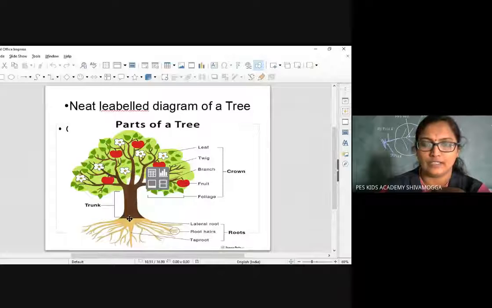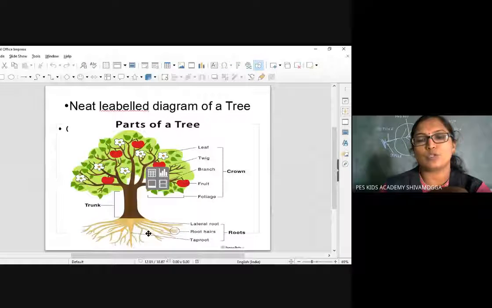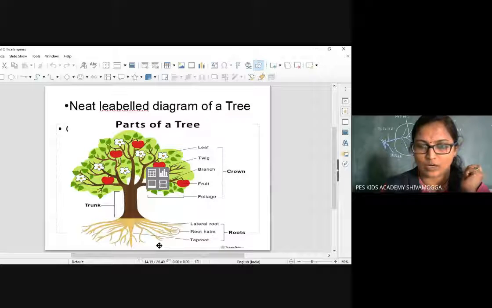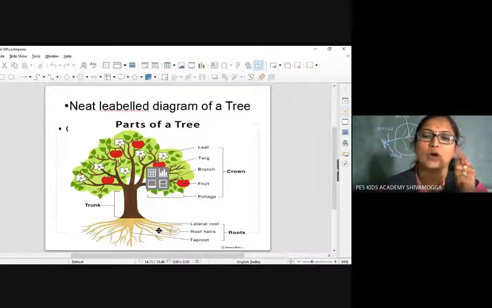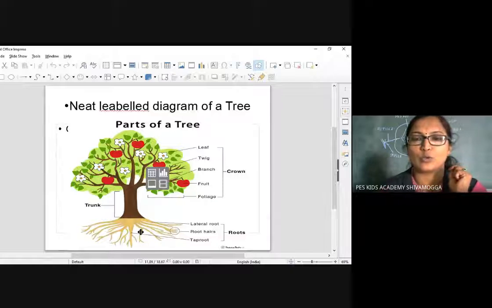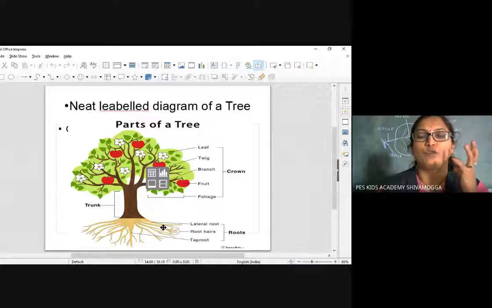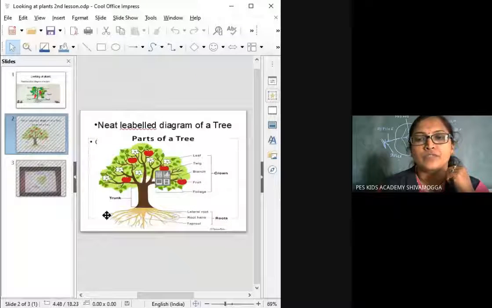Root: you can see in the middle, the first emerged root is called the primary root. The roots which grow above the primary root are called secondary roots. Above that, one more type of root grows, called tertiary root. Above that, the root hairs grow. They are small hair-like structures that grow on the root and help in absorption of water and minerals from the soil.